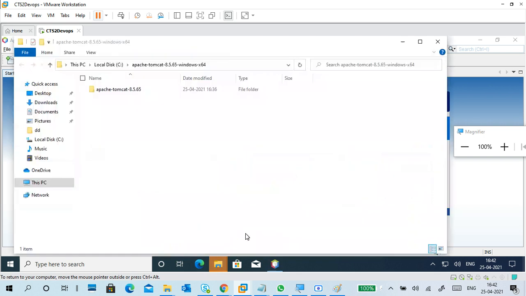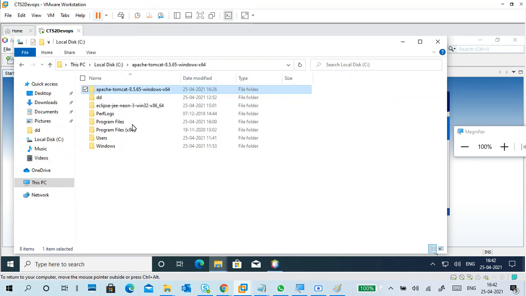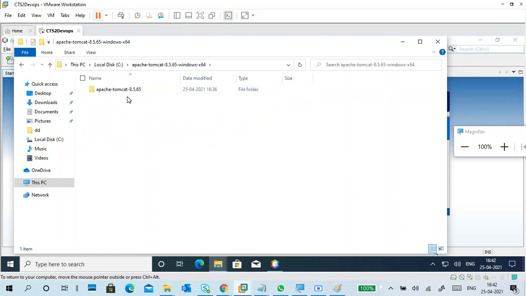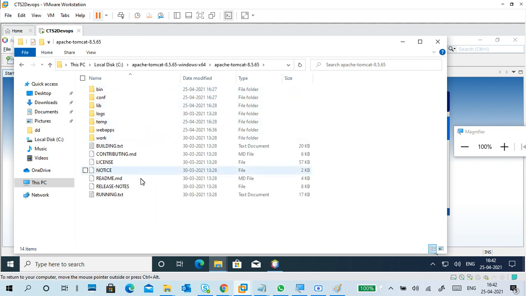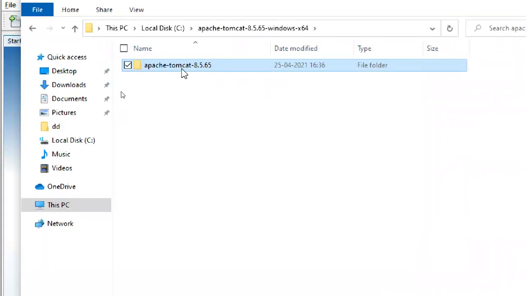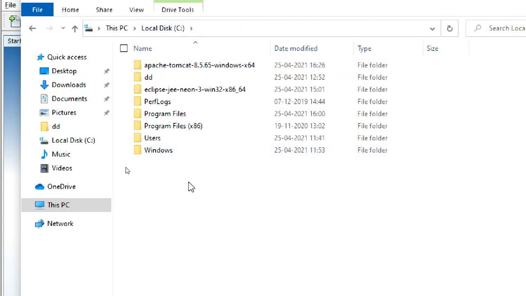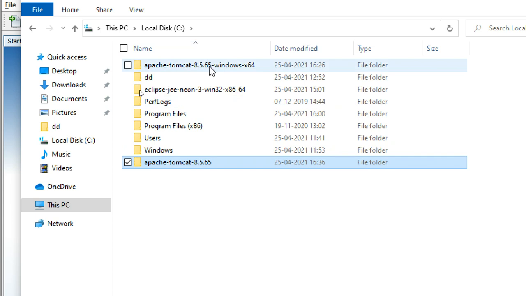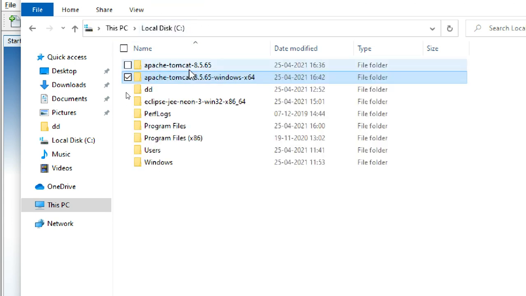Okay, now it is extracted. Yes, in the C drive you can see Apache Tomcat 8.5.85. This is the complete one. So what I'm going to do is cut it from here and paste it here, and delete the old one.